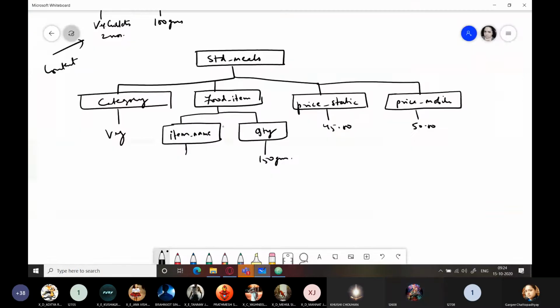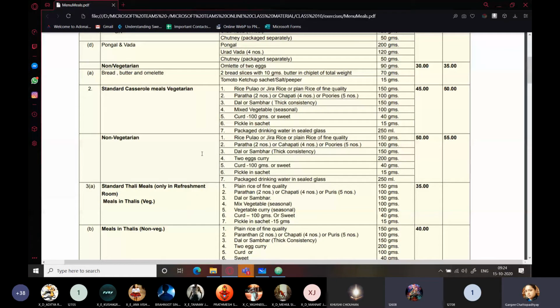Can we make a separate column for combos? Give me an example, elaborate with an example. Like, ma'am, we can make a different section of a combo and we can put all these combos in there.